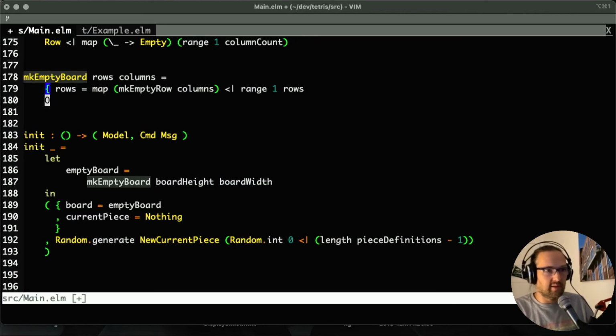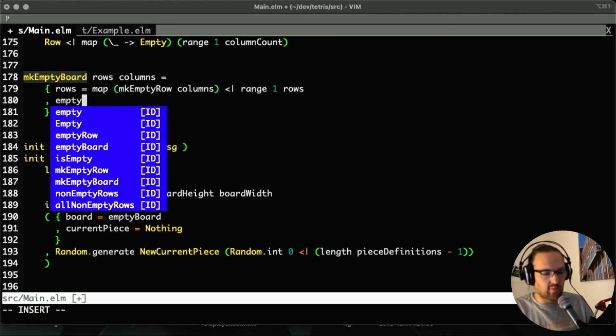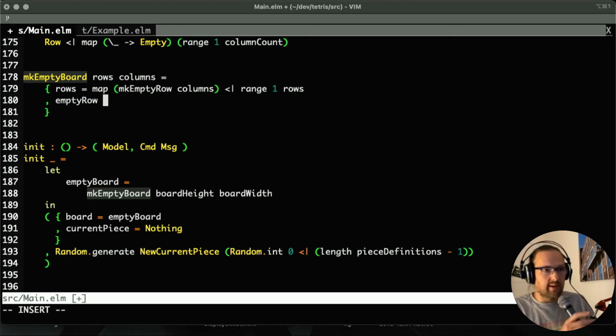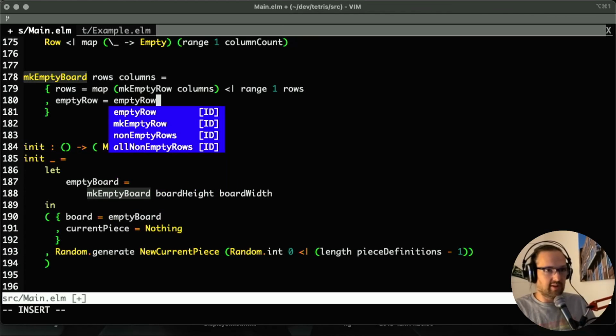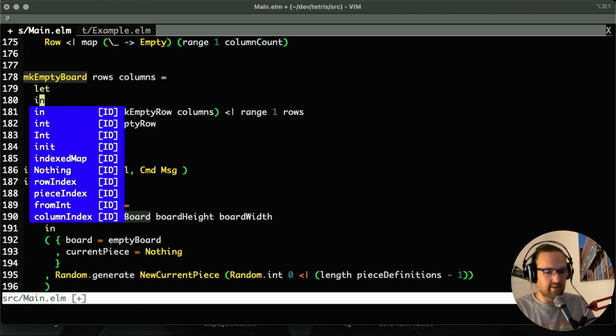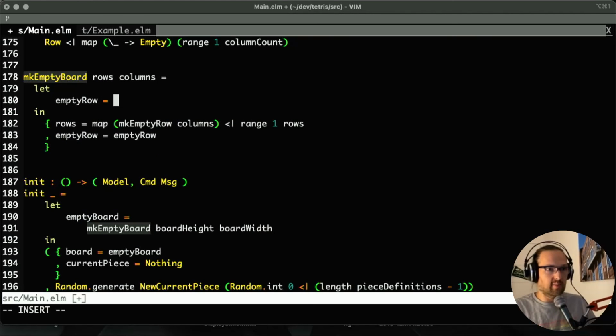So emptyRow equals, let's create a local expression here that we also call emptyRow. let emptyRow = makeEmptyRow columns in